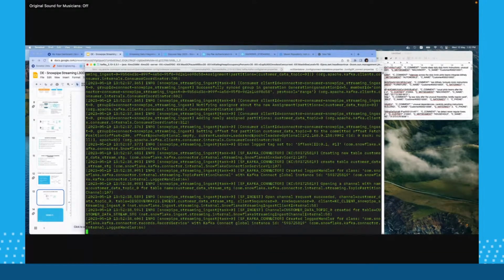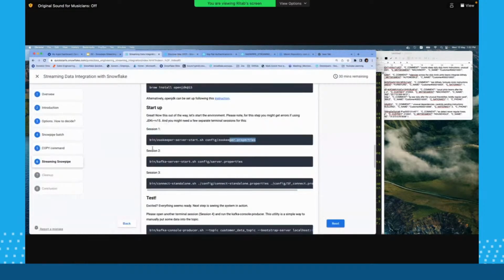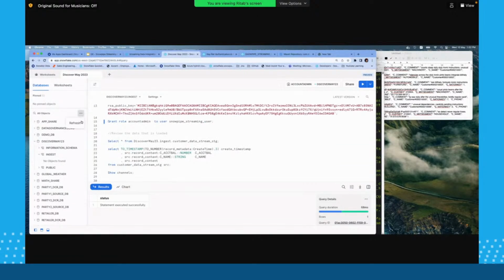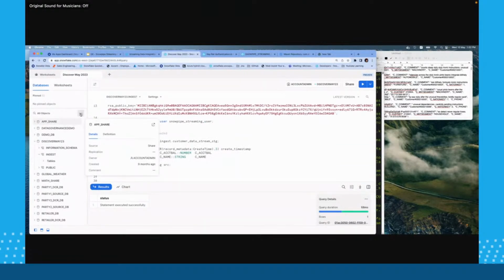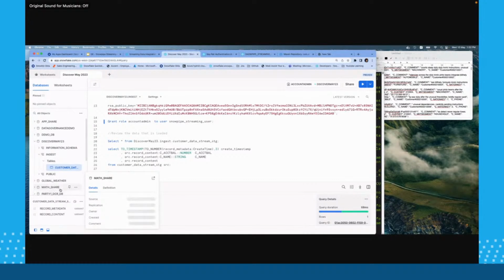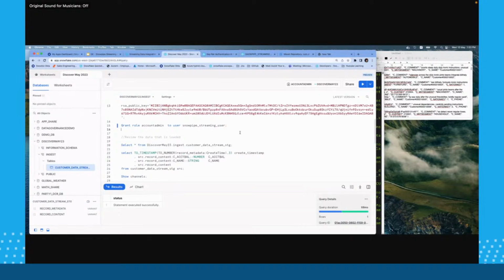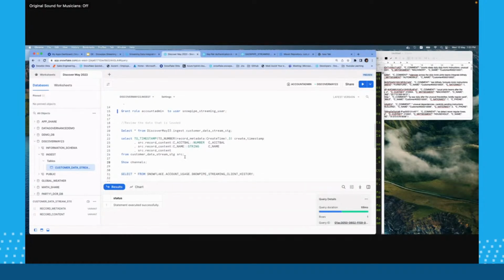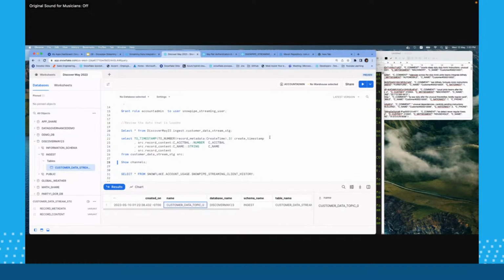And the moment the connector is up and running, I'm going to quickly run back to my Snowflake window, wherein if I do a refresh, you will see a table has been created, right? Ideally you can create a table, but then you may not also create a table. It is intelligent enough to find out whether the table exists or not, right? And if I go to my channels, there's a show channels out here, right? A channel is also created, right? And the offset token is 0 because we have not pushed any data.